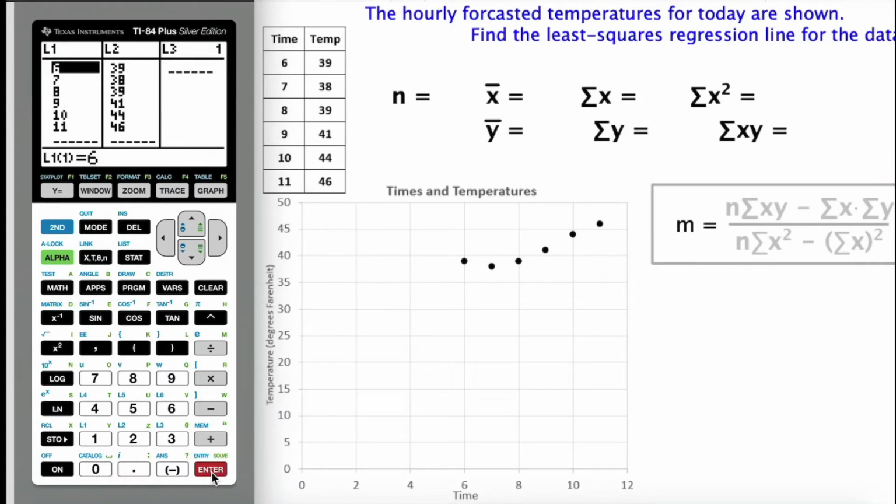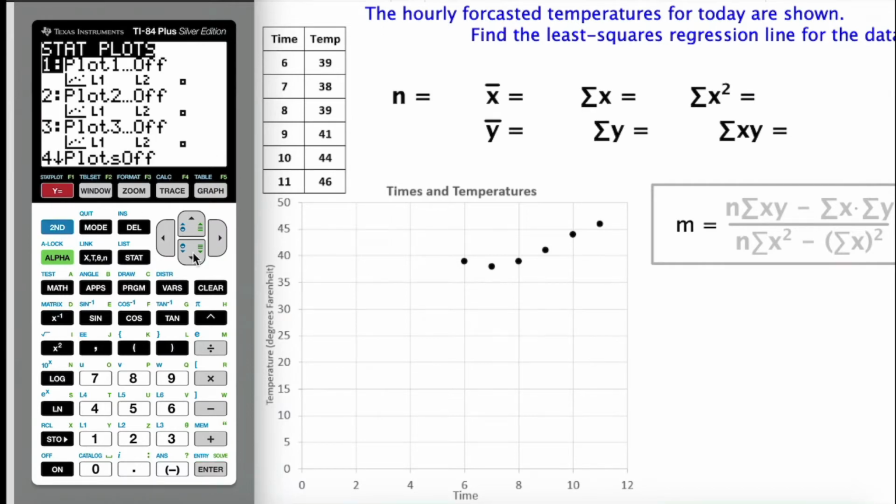I thought this would be a good time to just review how to do a linear regression on your calculator. We learned how to do all the calculations using our statistics formulas, but to do a linear regression on a calculator, you'd want to get all of those list 1, list 2 data values entered. First, for the scatter plot, we would go to second y equals, the stat plot,